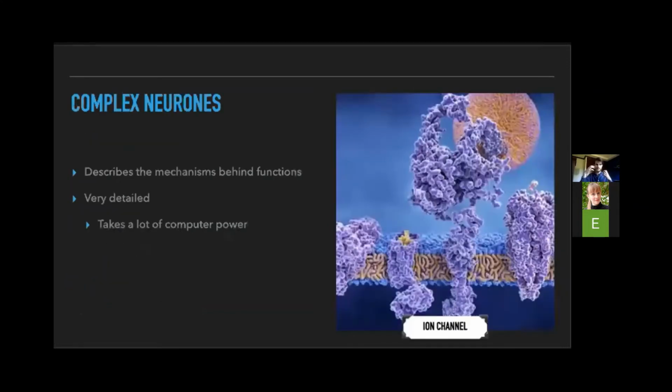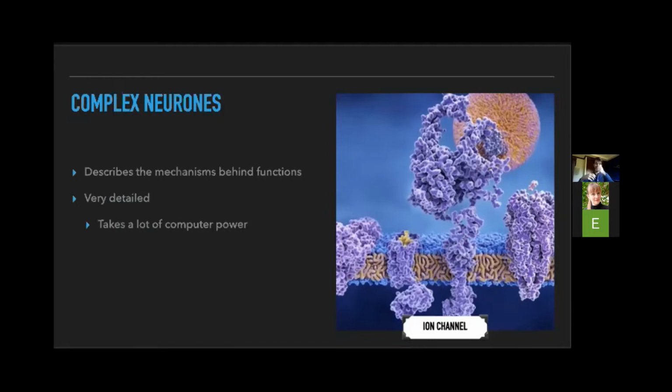So in the case, for example, of complex neurons, as I said before, these models are really detailed and can be really, really good at explaining the mechanisms behind how neurons work. They describe how ions go in and out of the cell, the concentration, and how the conditions around a neuron can affect its function. So for example, we can model the ion channels that we see there, and these control the flow of